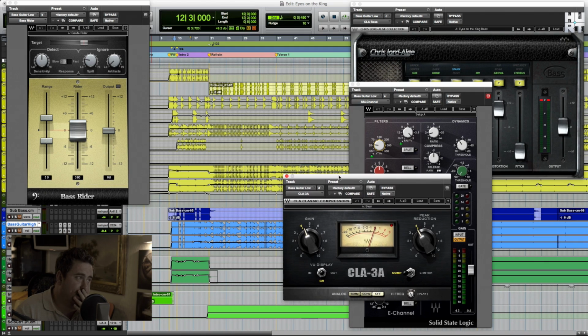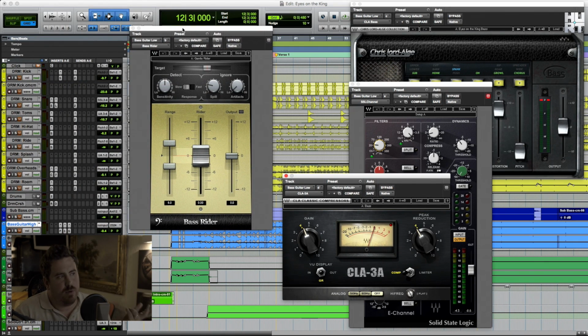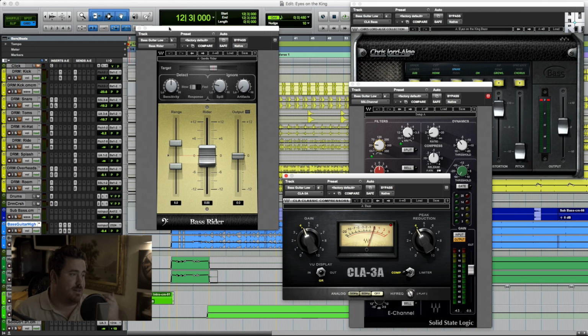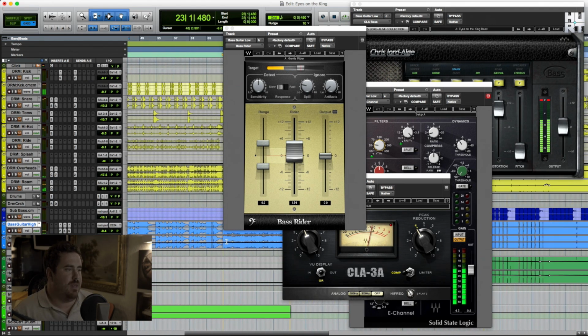And this one has become just my go-to plugin. It's called Bass Rider. There's a plugin called Vocal Rider, which I think is exactly the same. I've used both for years now, and I think they're amazing. So what Vocal Rider, or Bass Rider in this sense, does... Bass Rider, what the hell does that mean? But what Bass Rider does, if you look at this fader here, actually that's a really quiet bit, so it's not going to be doing much. But it's going to be changing the